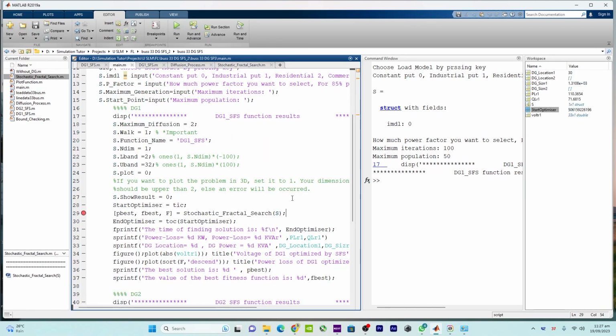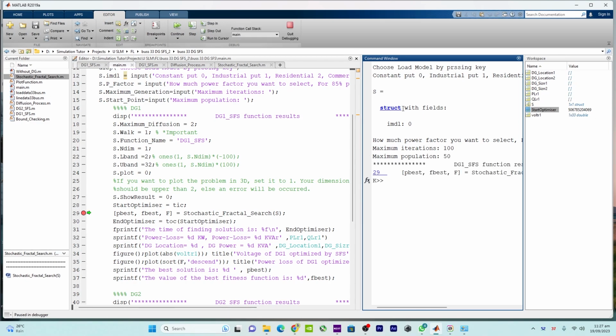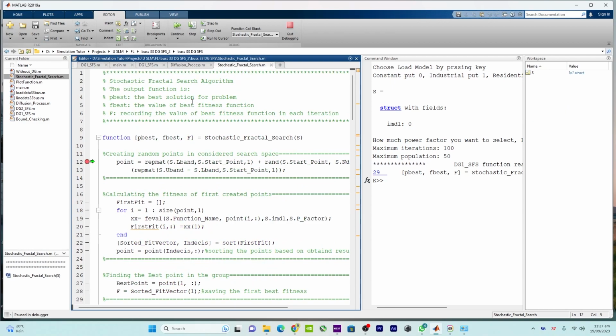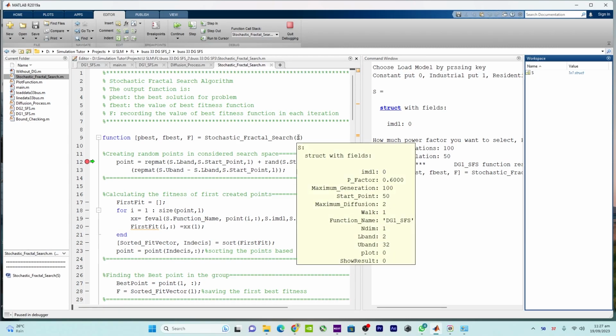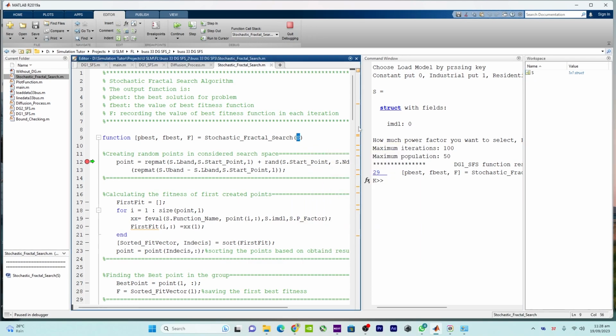Let me again run the program. So now we are into this stochastic fractal search. In stochastic fractal search, we have input our data right over here,